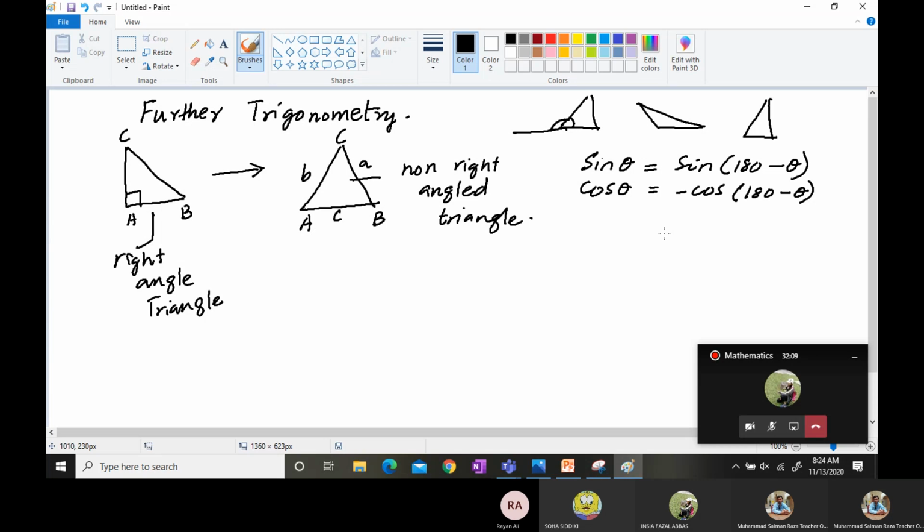Tangent theta is not included in our CIE syllabus, so we do not write the formula for that. Soon after that, when you convert these angle conversions, then they ask you for the area of a non-right angle triangle, and the area of non-right angle